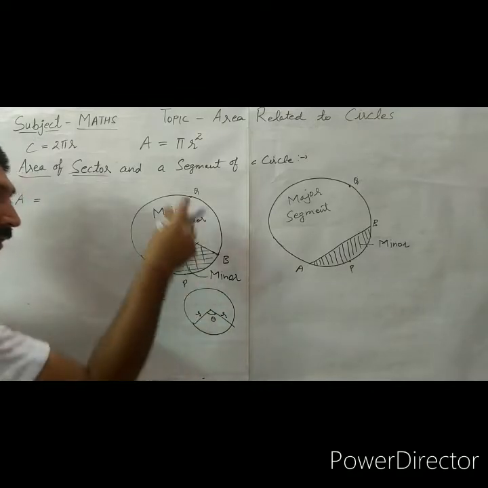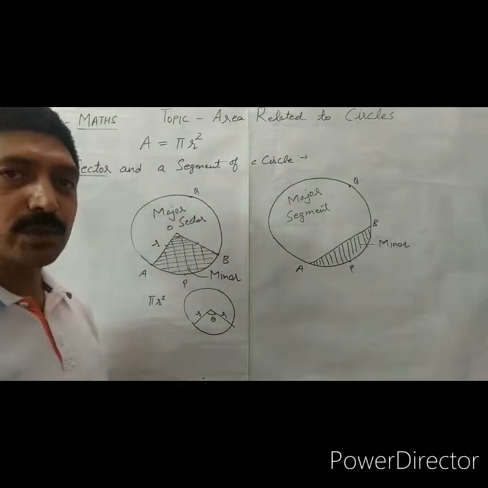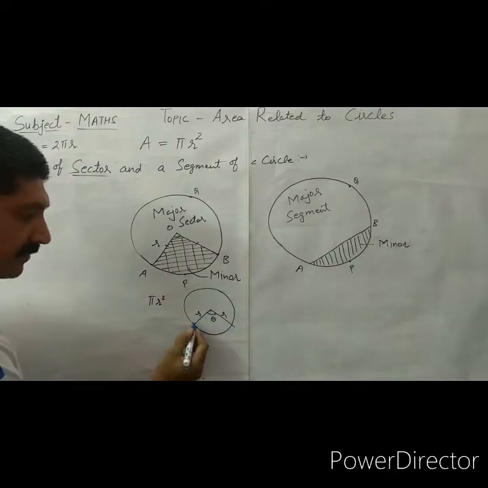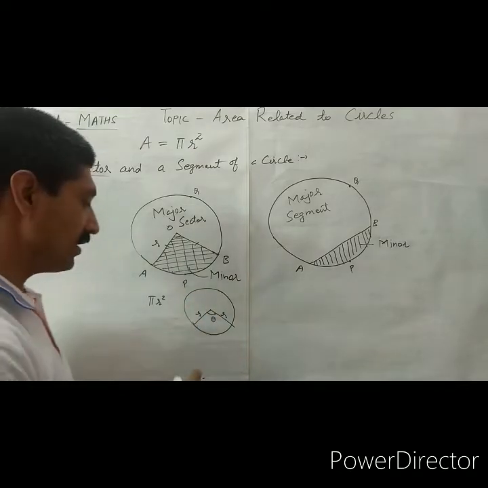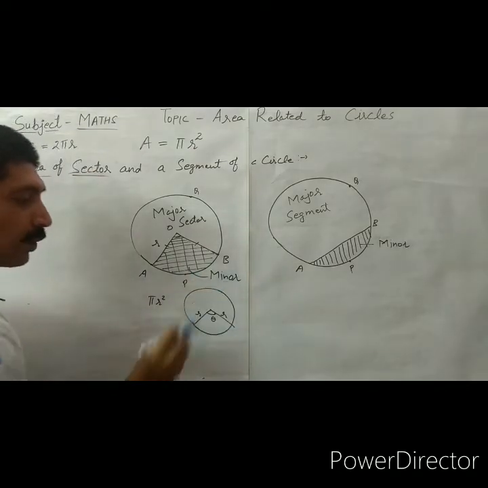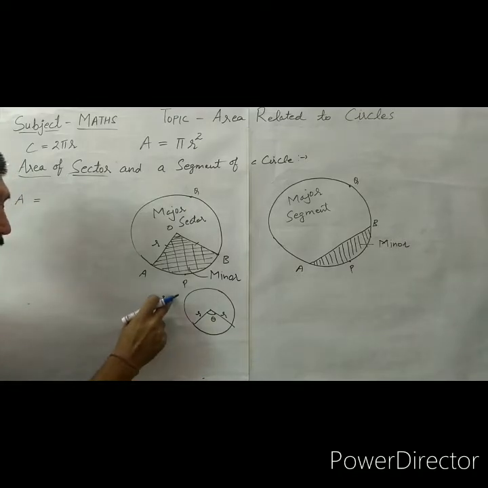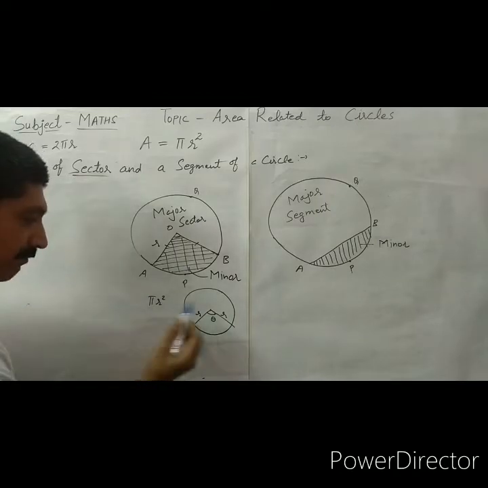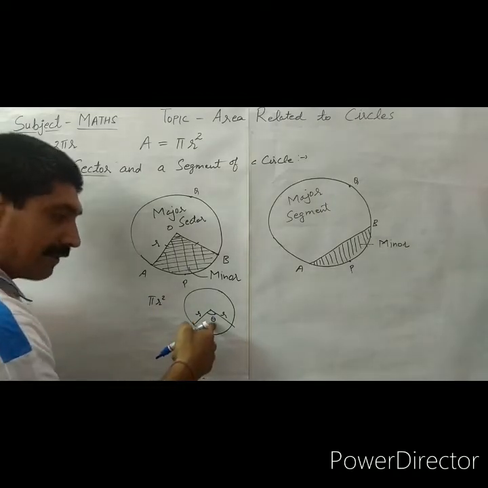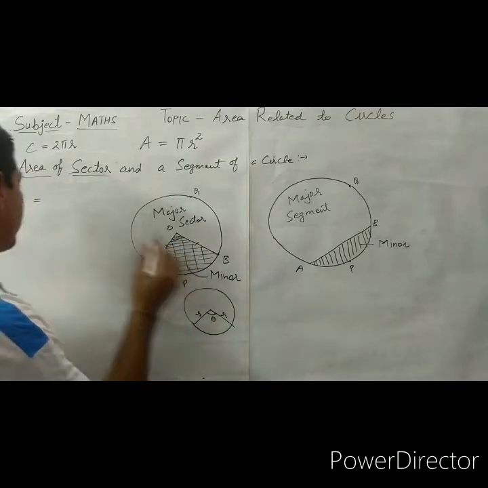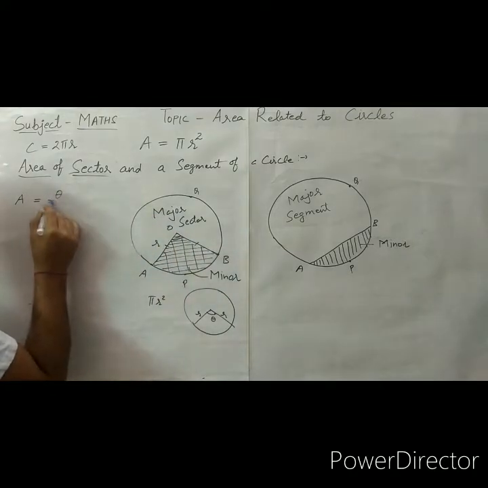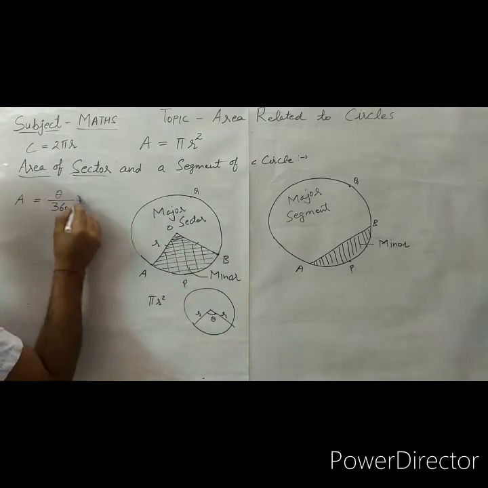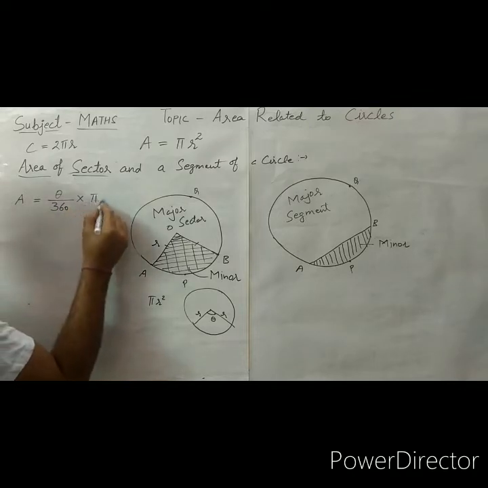So the area of the complete circle is pi r square. So by unitary method, for 1 degree measure, the area enclosed is pi r square divided by 360. So if the angle subtended is theta here, the area enclosed is theta upon 360 into pi r square,